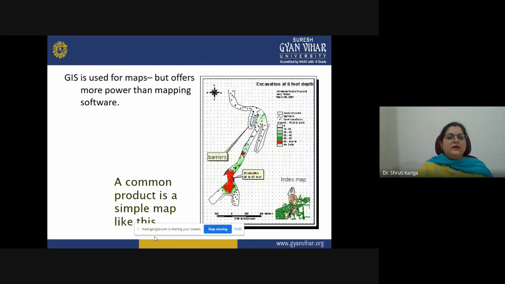Then the GIS is used for maps, but offers more power than mapping software. So you can see here a common product of the GIS can be a simple map, but behind the construction of this map we have many things to learn about.